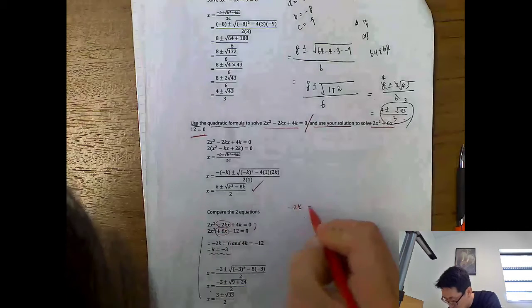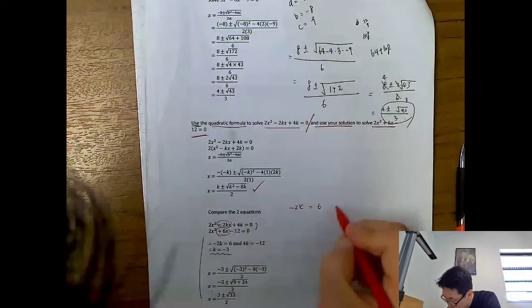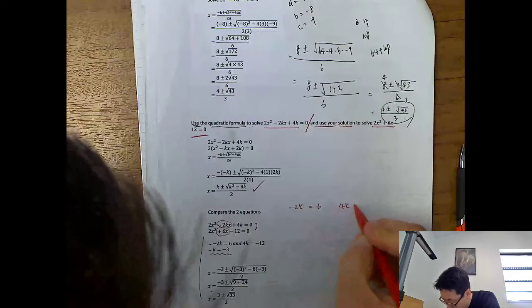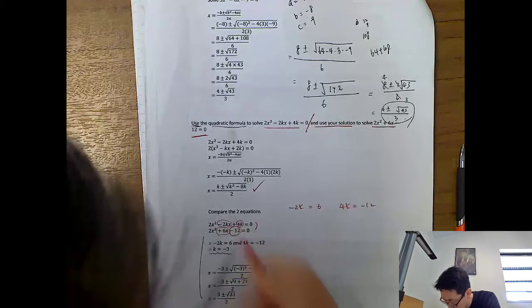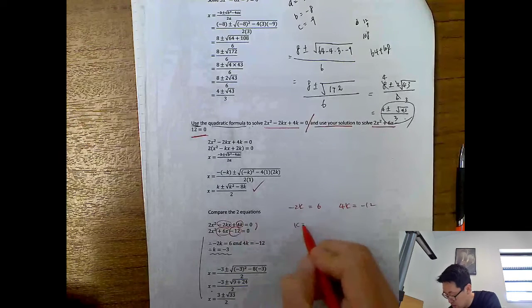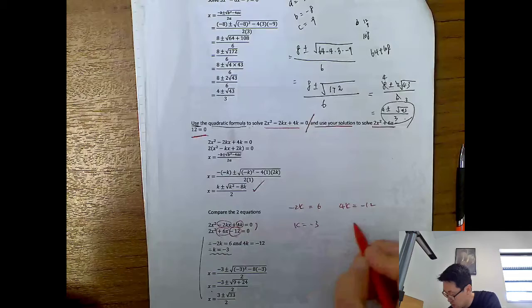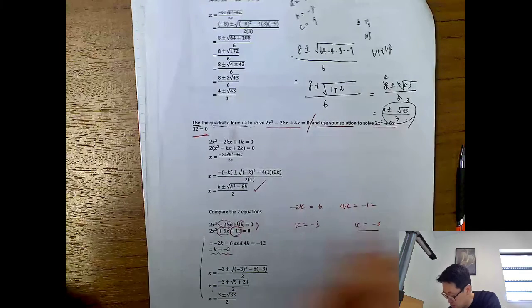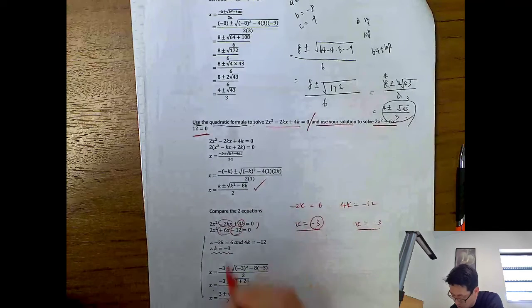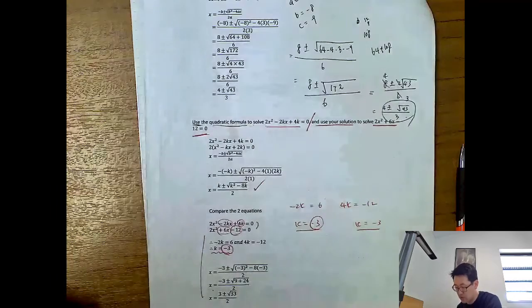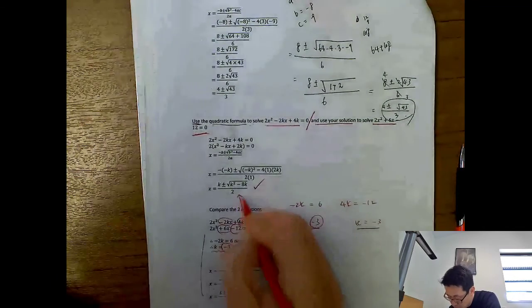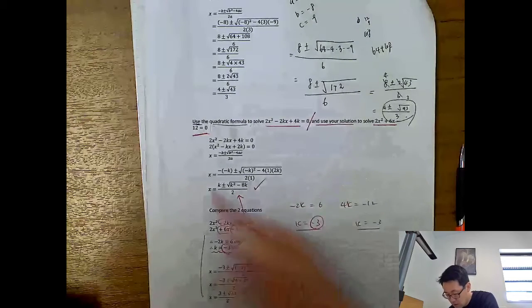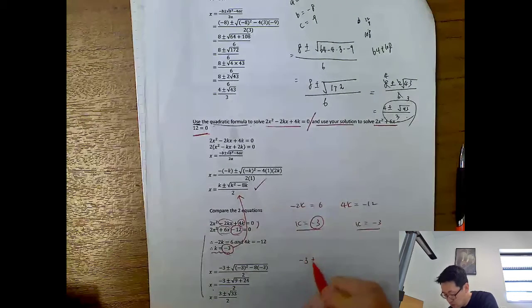Minus 2k equals 6, and 4k equals minus 12 from here. And I realize it, k equals minus 3. K equals minus 3, all the same. So I can use k is minus 3. So all I need to do, going back to this question, minus 3 plus minus